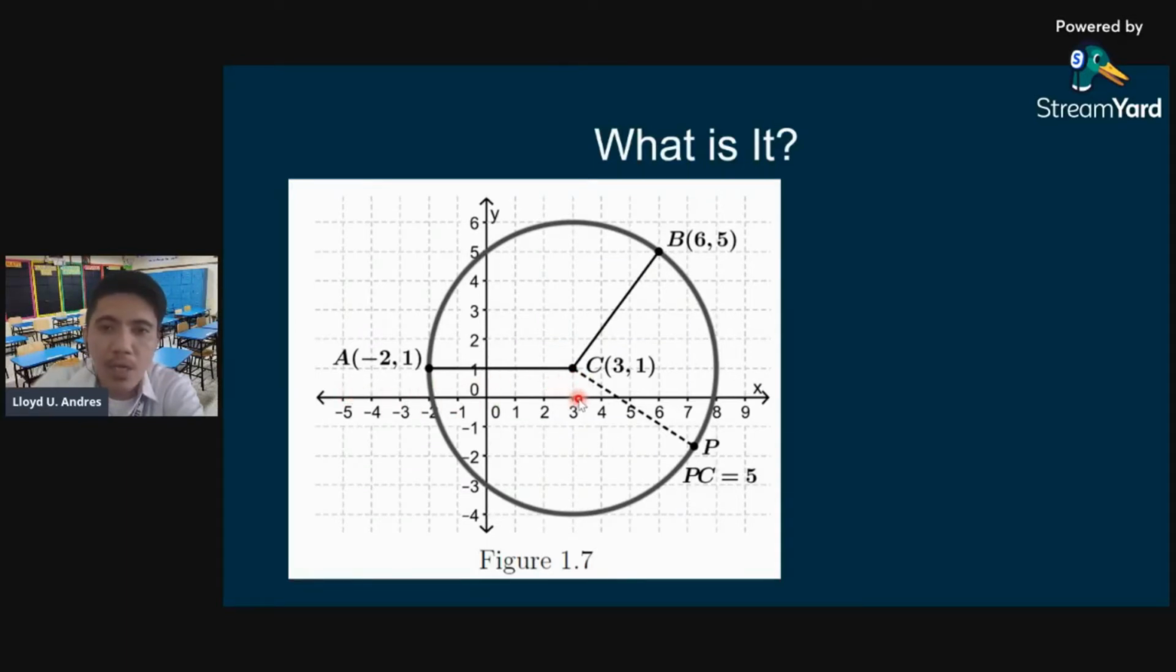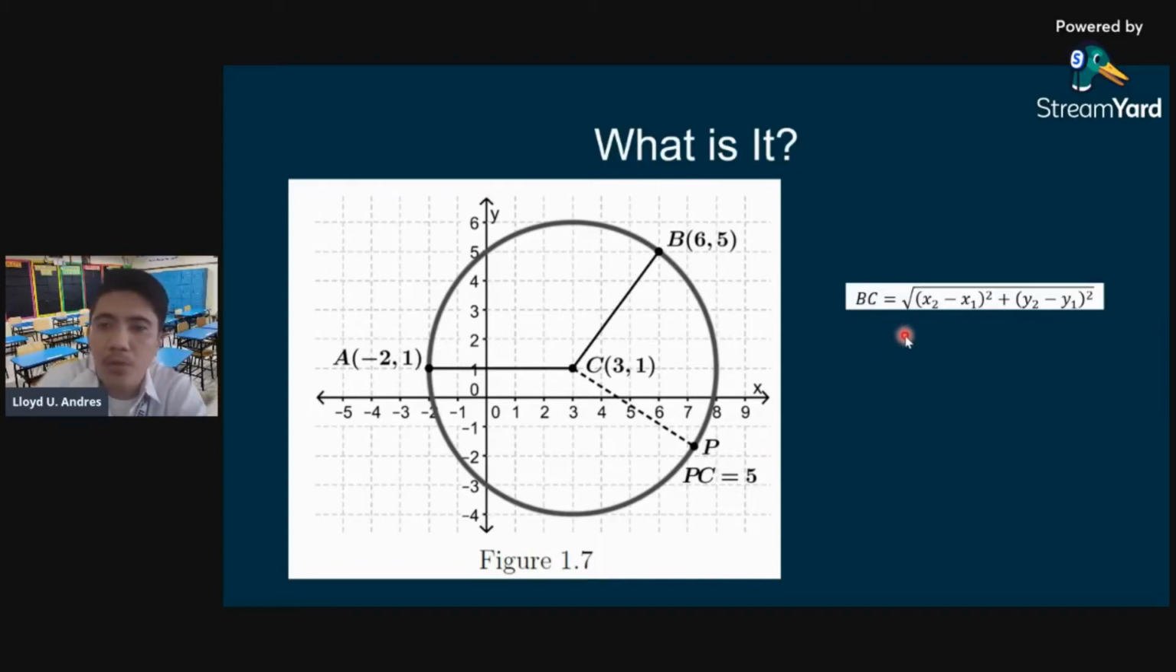While if we are to solve for the distance from B to C, since these 2 points are not aligned vertically or horizontally, unlike A to C which is horizontally aligned, so we can directly count the number of units to determine the distance. But for B to C, we need the distance formula. So recall the distance formula. To determine the distance from B to C,